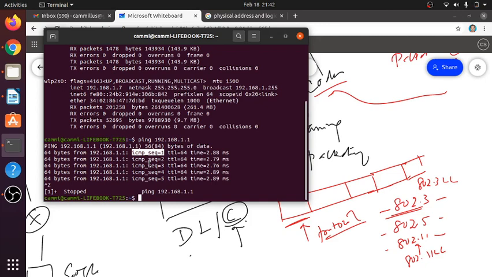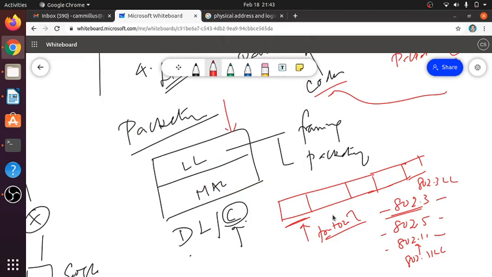So equivalent to this, what did the MAC layer do? We inserted a sequence number. So this is the first packet, this is the second packet, this is the third packet, this is the fourth packet, and this is the fifth packet, and it goes like that. When it comes to the receiver end, the packets are reassembled and framed into a single piece, and the information is extracted. And so comprehensively,